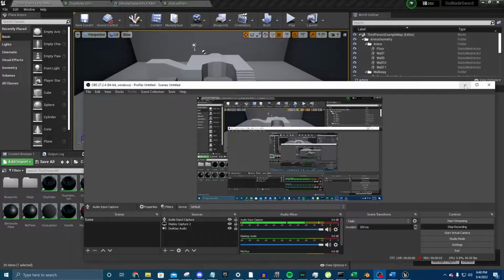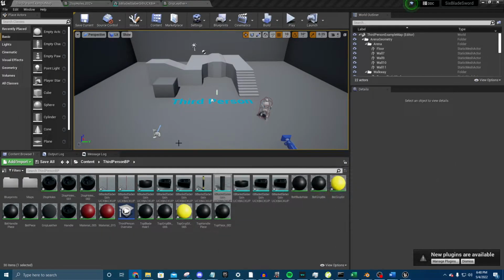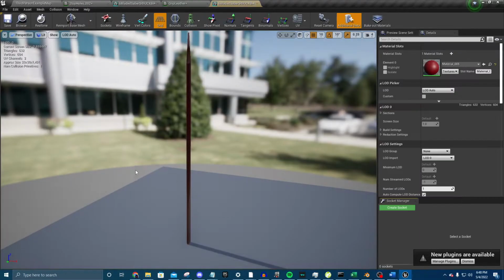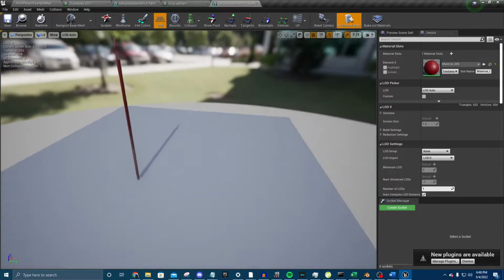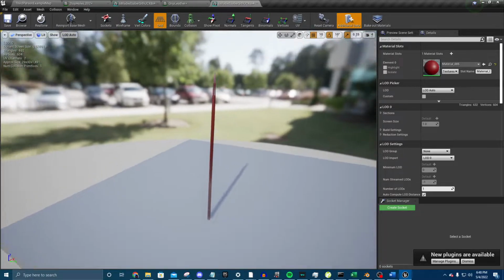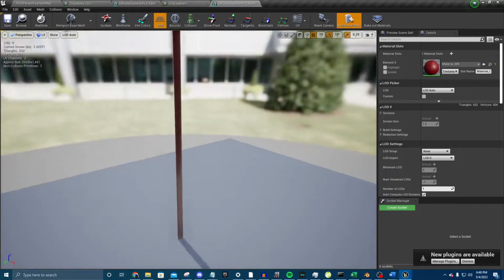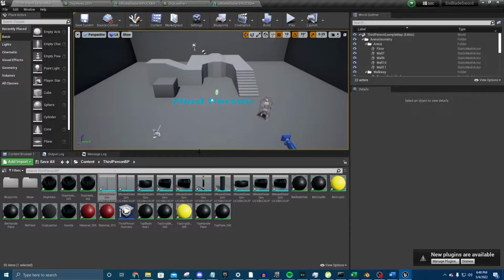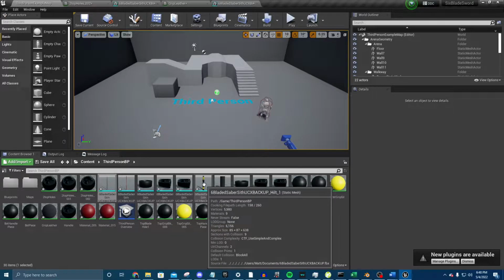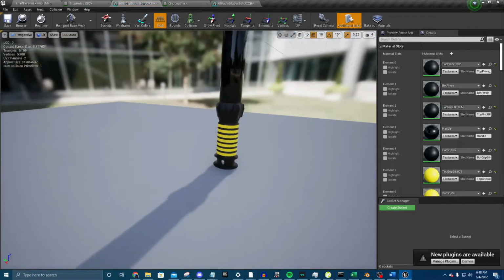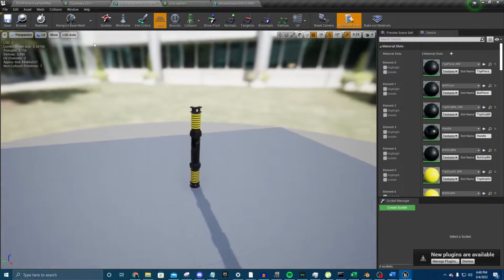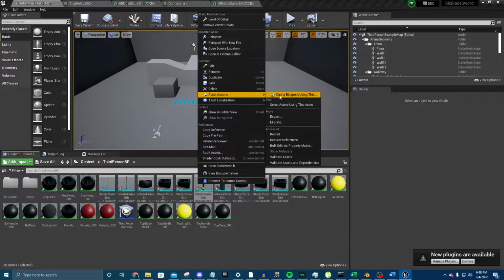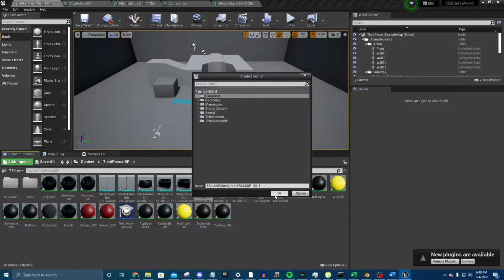Hello, and today this is the tutorial on how to fix the pivot points if they do end up changing on you. So, as you can see, there's this blade right here. Seems okay. Alright. Now, this, yeah, it seems fine too. Okay, so if we were to create a blueprint of this, like so,